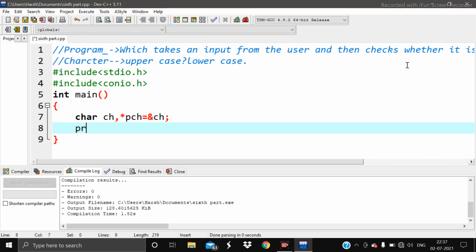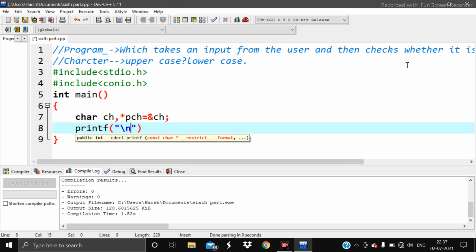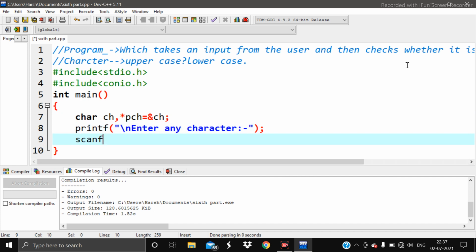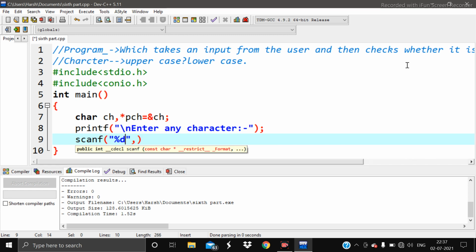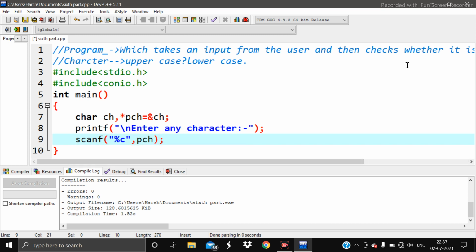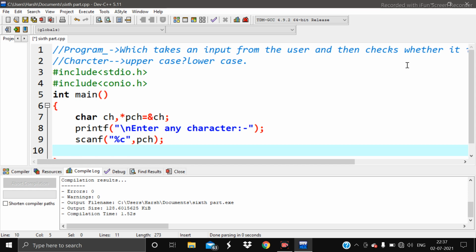And this is how a normal variable and a pointer variable are related to each other. Okay, so now we will take the value from the user, enter any character. Now we have to take the value from the user and allocate it in that particular memory block of the variable. So we will use %c, I'm sorry, it's not int type, %c, and we have to solve it using the concept of pointer. So here the pch pointer will be used. Now we're going to use a nested if else statement to determine what condition is written by the user.